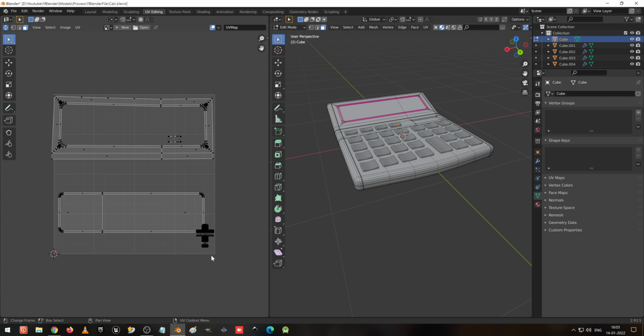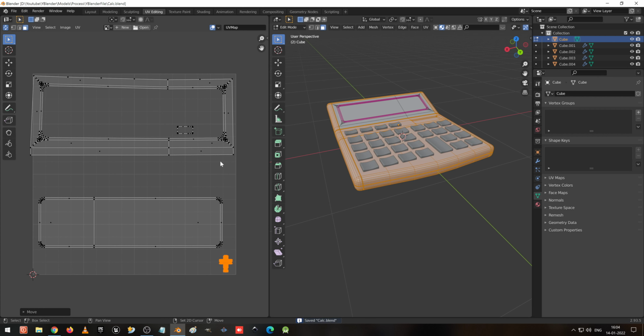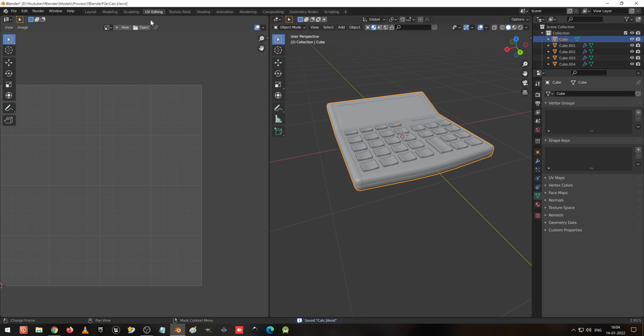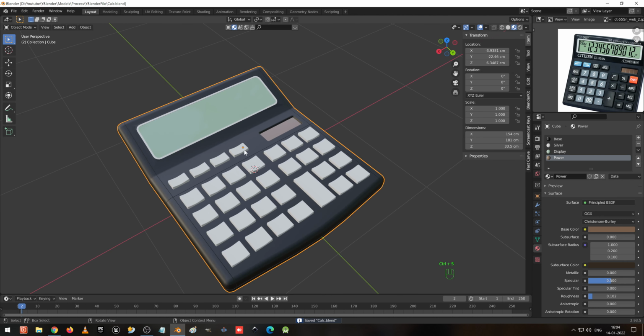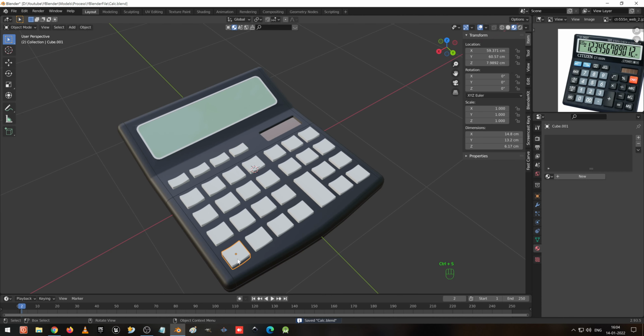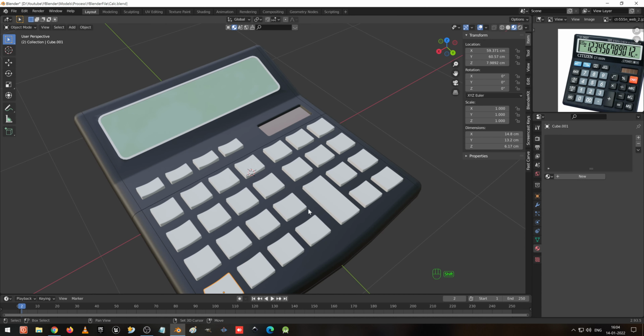I select this one, I select this, press Ctrl L and G to move and S to scale down and G to move. I make it in corner. I save it, go to object mode and I go to the layout. Then we can go for the buttons here. So buttons we are going to apply a same texture only. So what I am going to do is I am going to make everything as same.